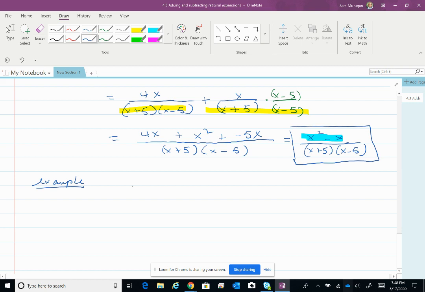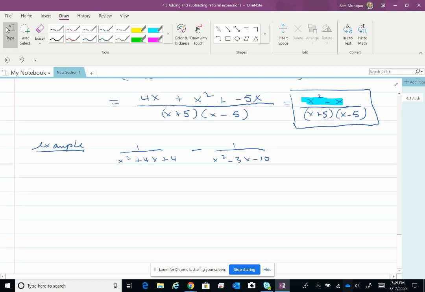Example, this is 1 over x squared plus 4x plus 4 minus 1 over x squared minus 3x minus 10. So we're going to have to go ahead and factor here to get the LCD. So we're going to rewrite this as